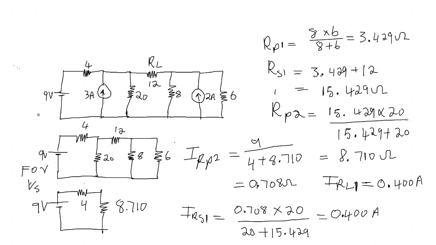So let's just find the total current from this one. So what's the arrow going? We're looking for the current through RL. So this one is going up, and where's the resistance? That means the direction of the current of this one is going to go in this direction for RL. Even this one is going to go in this direction. So what happens with this one? This one is going in that direction. So the sum of this minus that will give you the final